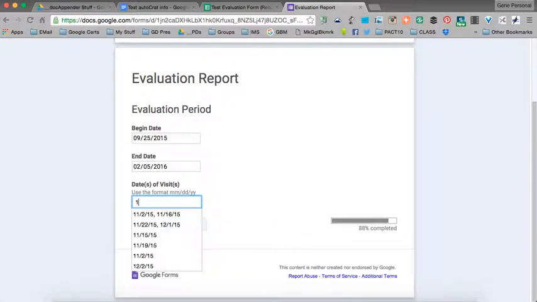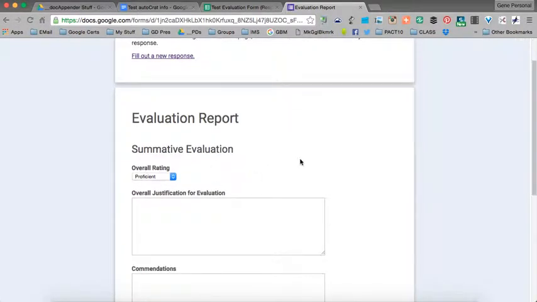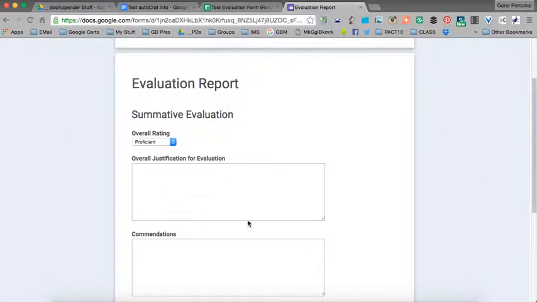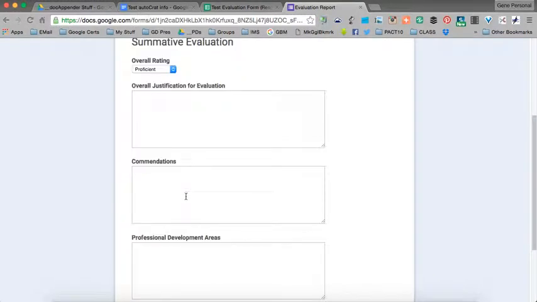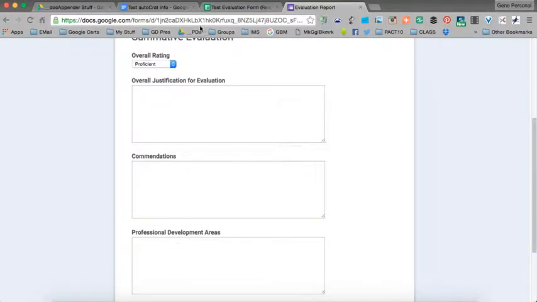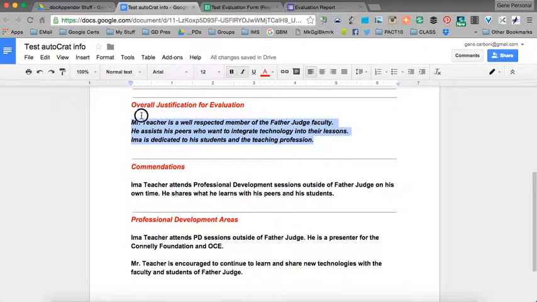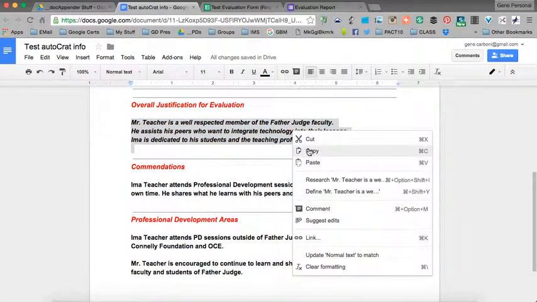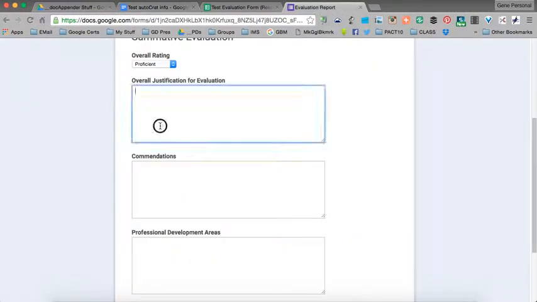So I'm going to, you can see I've done several of them here in practicing. I'll take these as my dates. Click continue. Now on the last page, we have to fill in this information for the overall justification, commendations, and professional development. I've already done this in a separate file. I'm going to copy this information in to save time. I will copy this information into the form,